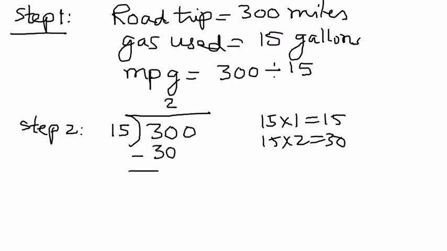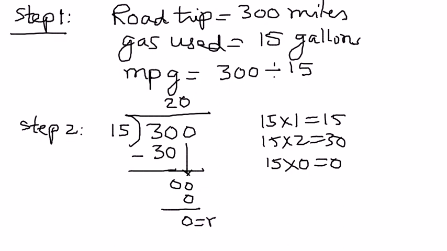So when we subtract 30 from 30, we are left with 0. So we bring down the 0 here. There is no number to multiply. 15 times 0 is equal to 0. Therefore, we are left with the remainder as equal to 0. So the check here is